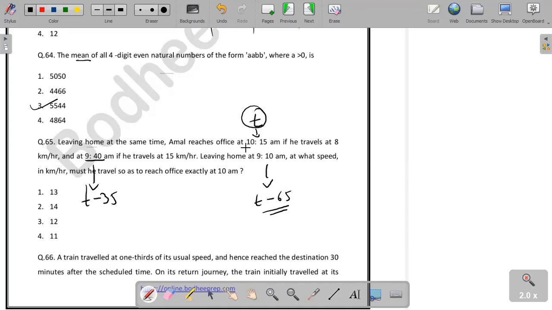If I go by that logic, 8 plus 7, 15 plus 7, no no, at what speed? Wait, we got,